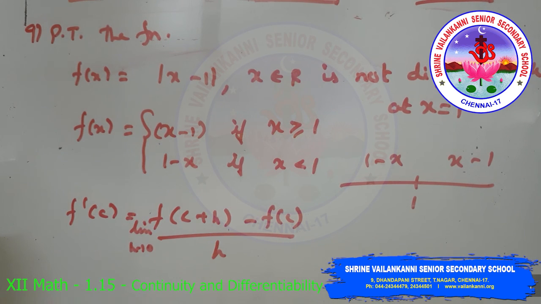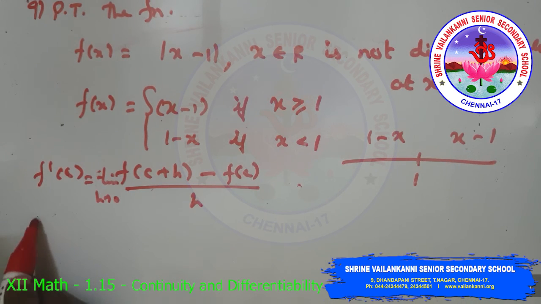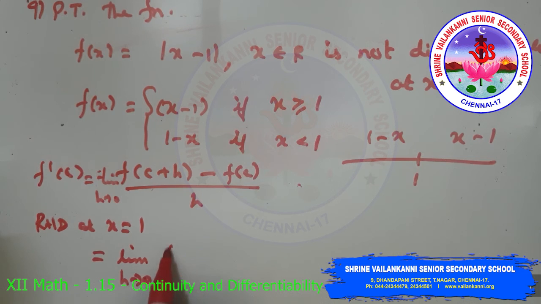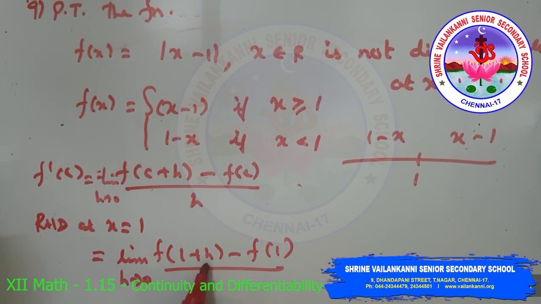So let f be a real function and c is a point in its domain, then the derivative of f at c, that is f dash of c, is defined as limit h tends to 0 f of c plus h minus f of c by h, provided the limit exists. So right hand derivative at x equal to 1. So using limit h tends to 0, f of 1 plus h minus f of 1 by h, which is equal